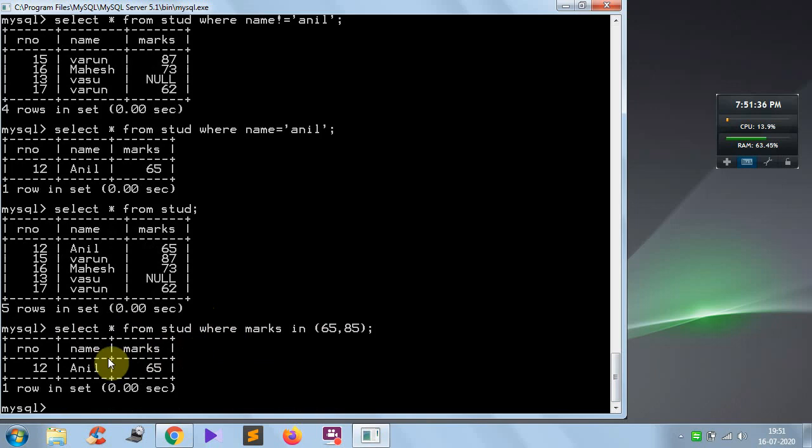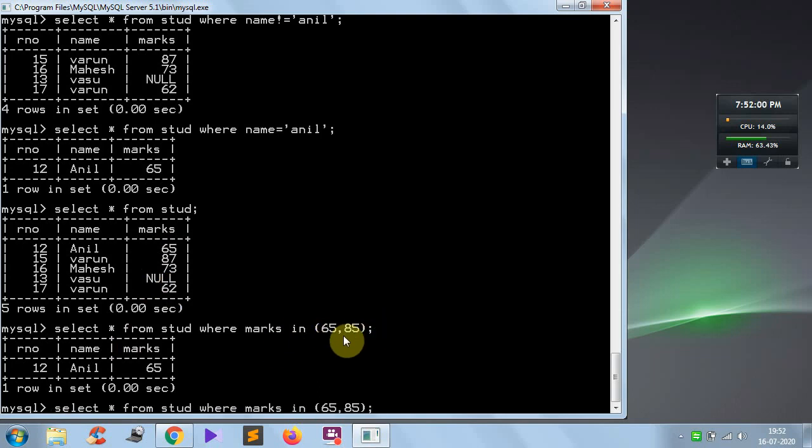So means here every row will check that its marks match with any of these values. That mark should be exactly matched. 65 is here, yes, display. 87 is here, no, don't display. 73 here, no, don't display. Null, leave it. 62 has been matched here, no, do not display.